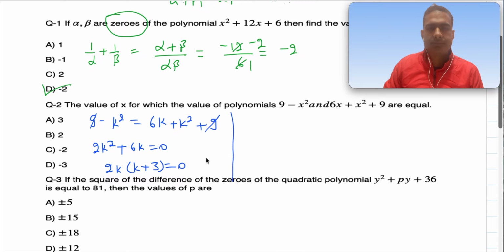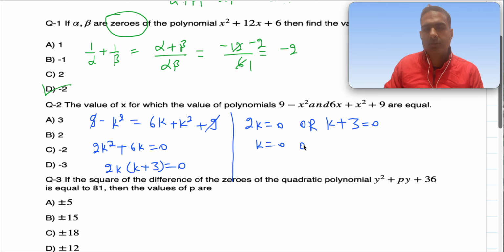Now we can see the product of two terms, that is 2k and k plus 3, is 0. The product of two things will be 0 only if at least one of them is 0. So either 2k is equal to 0 or k plus 3 is equal to 0. So 2k will be 0 when k is 0, or k plus 3 will be 0 when k